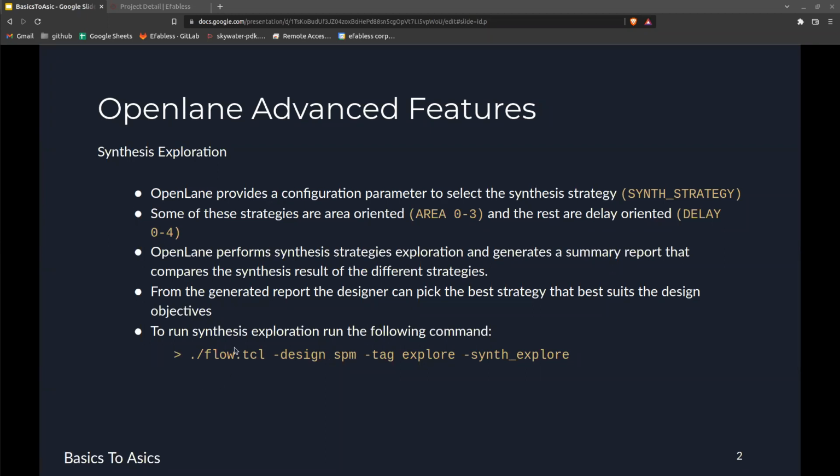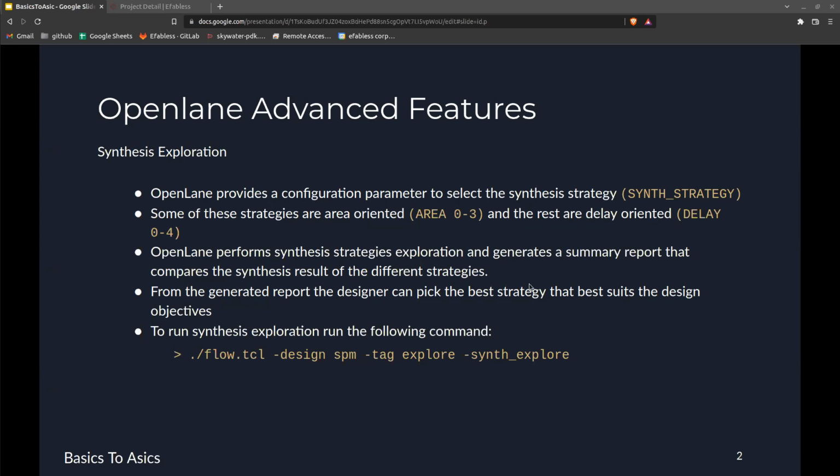The command here is the command that you can use, and this is going to do synthesis exploration on your design, because this feature basically does all the different synthesis strategies, because you have four in the area orientation and five in the delay orientation. So it performs the synthesis for all the strategies, and